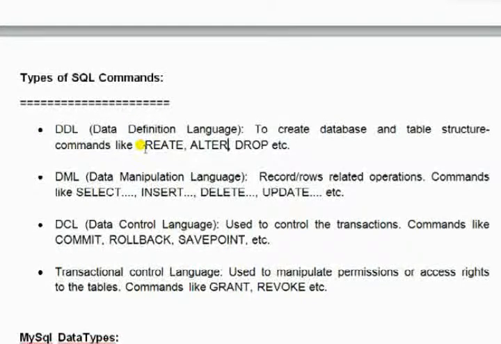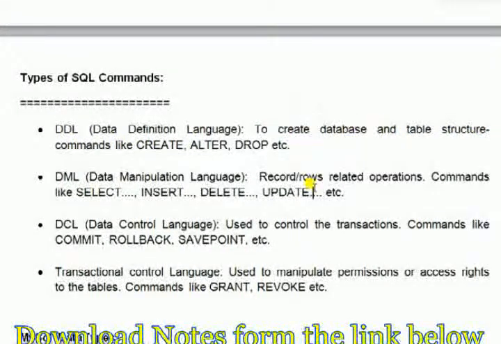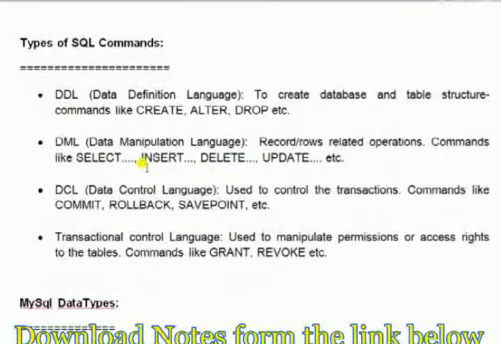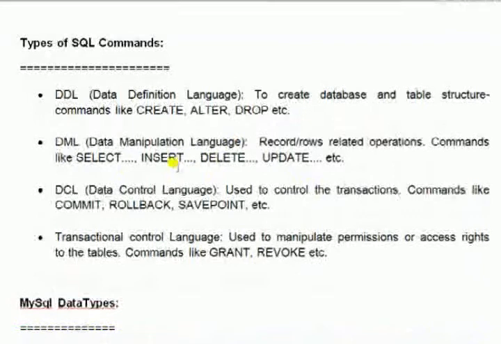All such commands to create a table, change the structure of a table, or remove a table or columns, the create command, alter command, drop command, are in one bracket called DDL commands, that is data definition language commands. They are used to create the database and table structure.